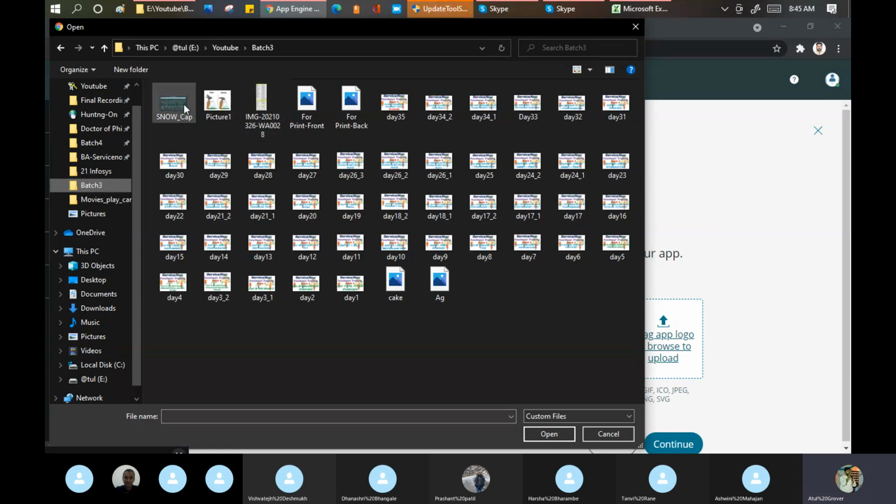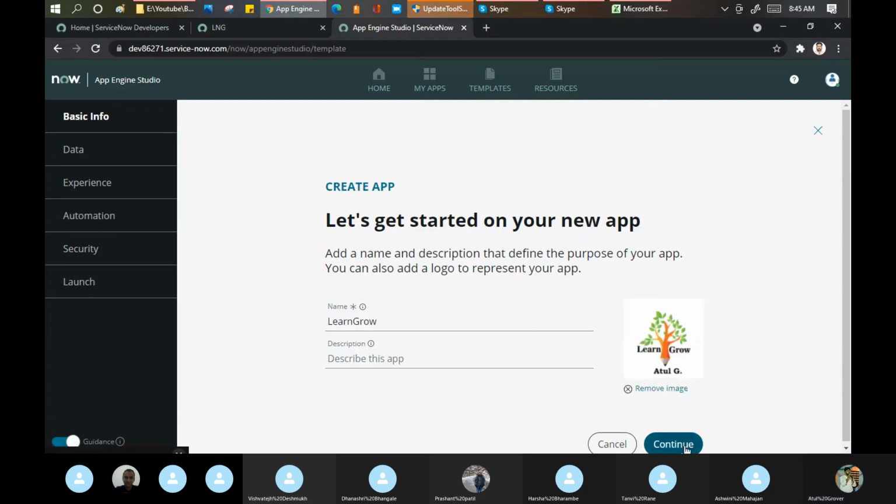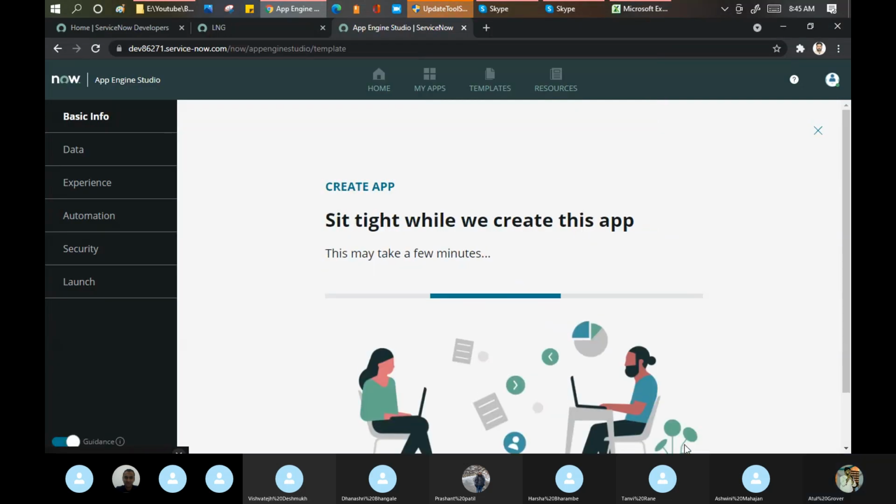WhatsApp is nothing, it is just an application only. Continue. Your application has been created now. Let it be, because it takes a little time to be created.